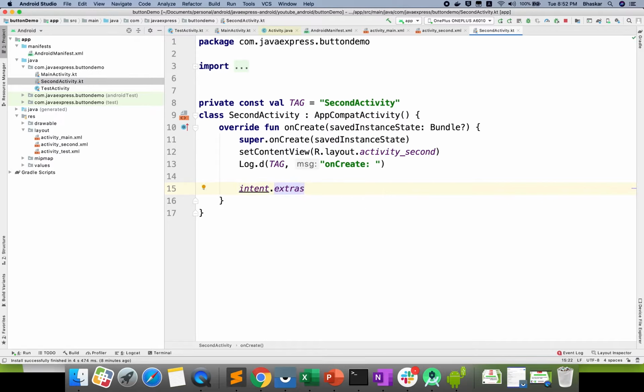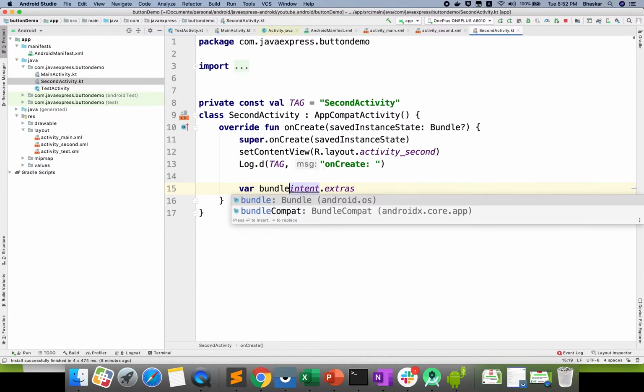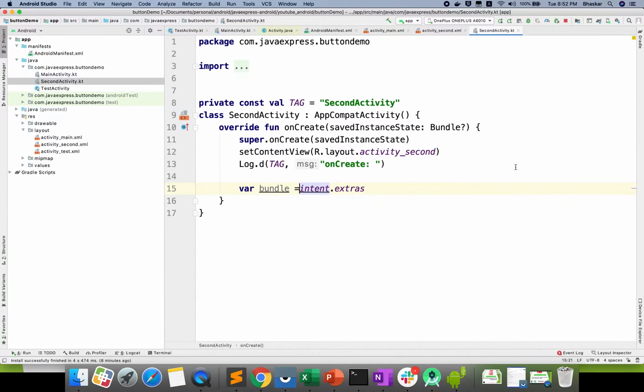Now I will do it in a single line. You got some object. I will make it clear for you, where I get a bundle object from the extras. Now, whether this bundle object is null or not. Why? Because whether some data is available in this intent or not, it will check and return an object to you. That object you need to check whether it is null or not.